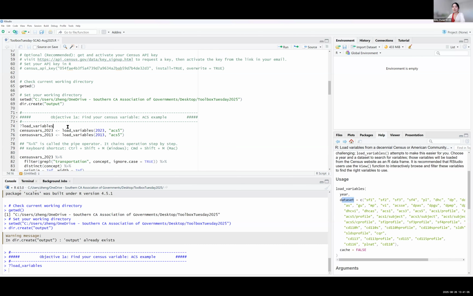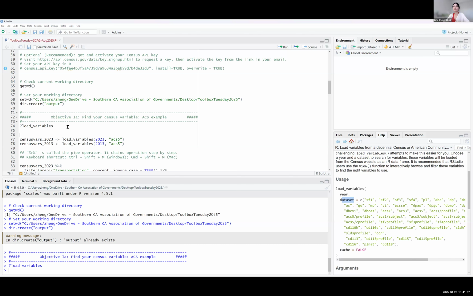So let's type all this together actually. We'll type load_variables, and you can see that it automatically gives you the parentheses. And then let's see, we want to get our latest 5-year ACS data. So 2023 is the latest data, and our data set, which needs to be in the parentheses, we want 5-year ACS, and that will be acs5 here.